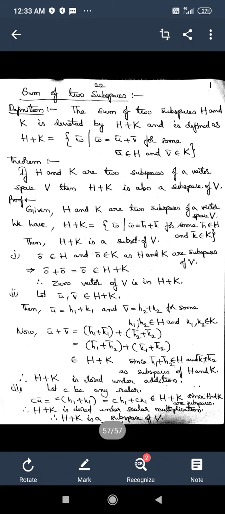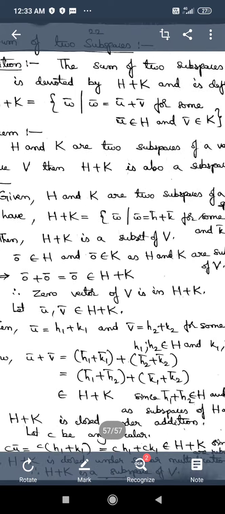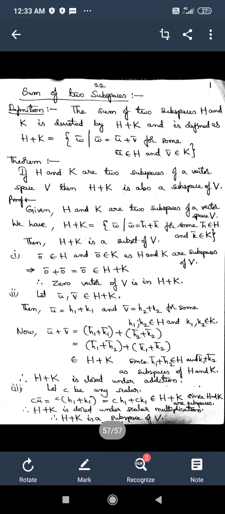That is the conclusion. So with this we have finished off the topic subspaces, and in the next video lesson we can move on to the next topic, which is the most important, or which plays a vital role in the further study of linear algebra, and that concept is linear combination. And after that we can move on to another important concept, span. So tomorrow in the next video lesson we can go through the important concept